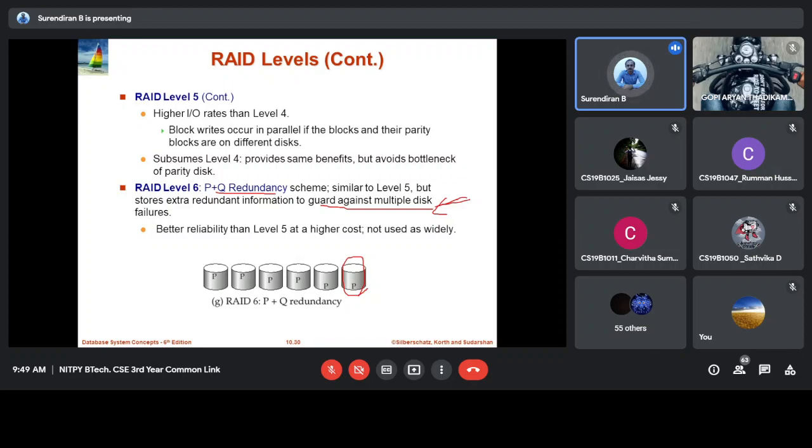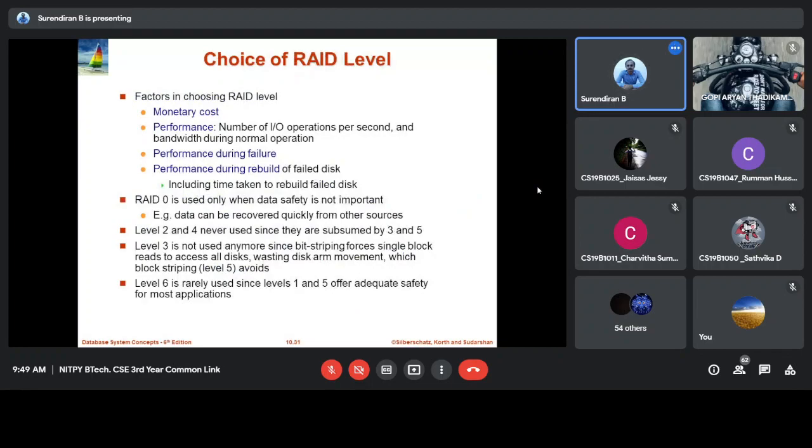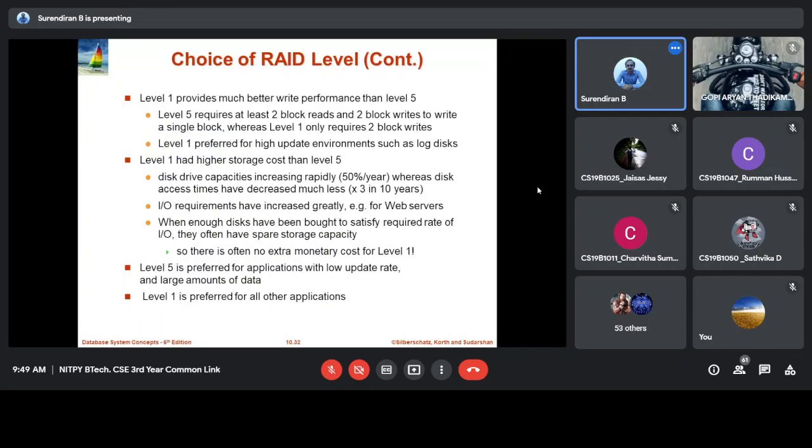And if they want to recover from loss of data, it depends upon the requirement whether they go for RAID level 1 or RAID level 0, based on the data content, whether it is very important or critical information. Based on that they go for RAID levels. RAID level 3 and 4 are not much used. So they go with 1 or 5. So these are RAID levels.